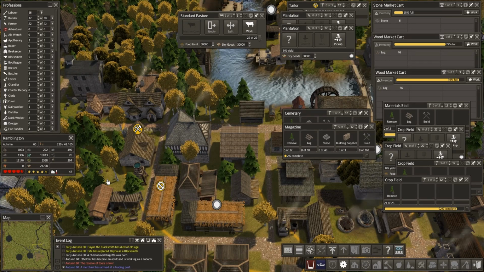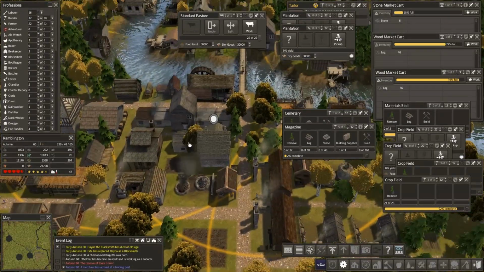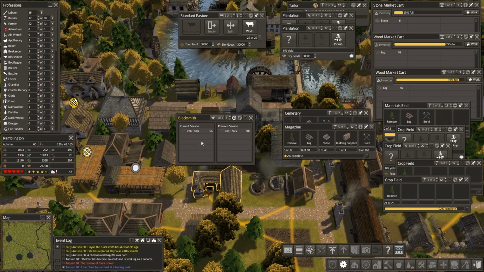Merchant has arrived. Alright, I'm going to pause and think things through. You are what? Where's my box? Tailor. That's okay, that's the tailor. So I'm down over here. There is the big blacksmith and there's the small one. So what is happening here? History. 100 tools last time. At the rate we're at, we're going to see maybe 90 or so this time. And these are